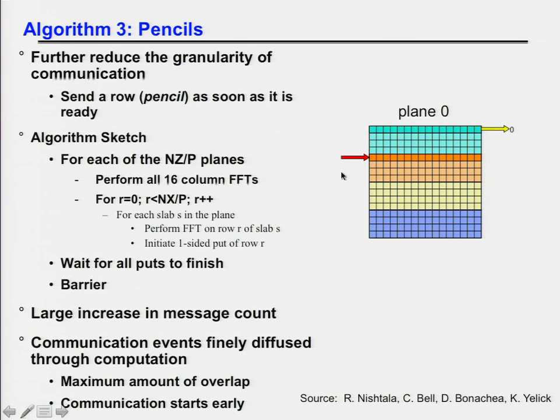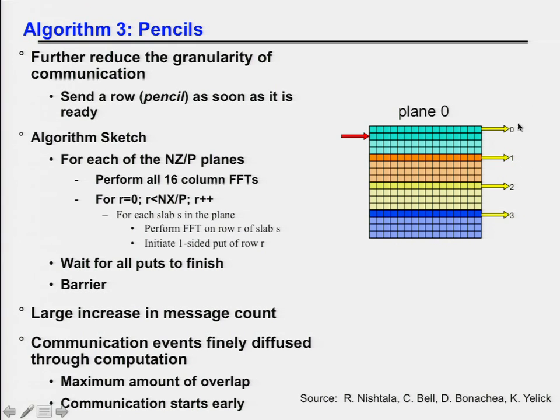And while that's going on, I will immediately start doing the FFT not of the next guy, but of that particular row, because he's going to be sent to processor 1. So while that communication is going on to processor 1, I can do the next FFT there, send that to 2. That communication, again, will overlap with that. And then that will overlap with that. So in the inner loop, I'm sending to different processors. So processor 0 gets a little message, then 1 gets a little message, then 2, then 3, then back to